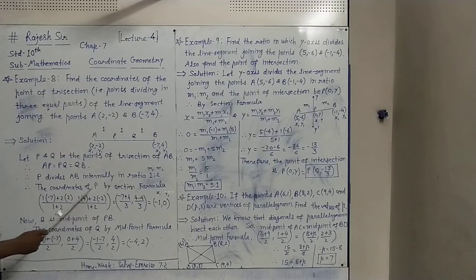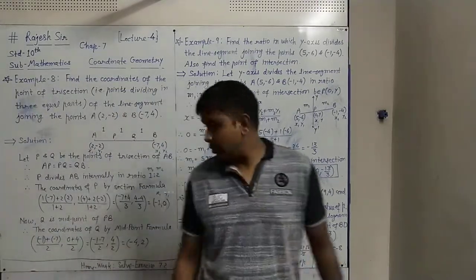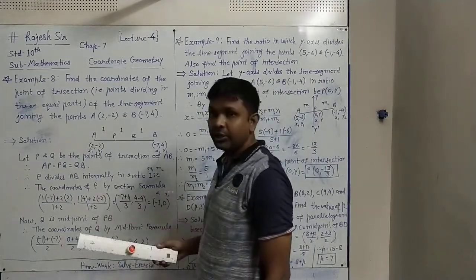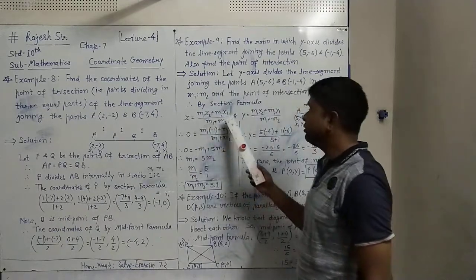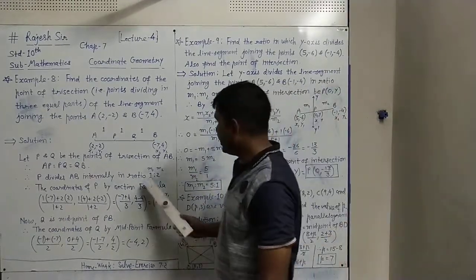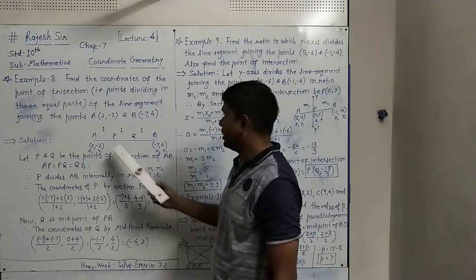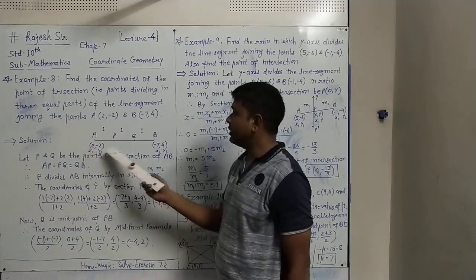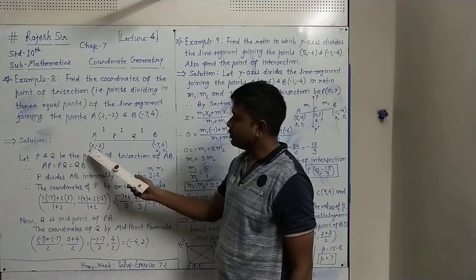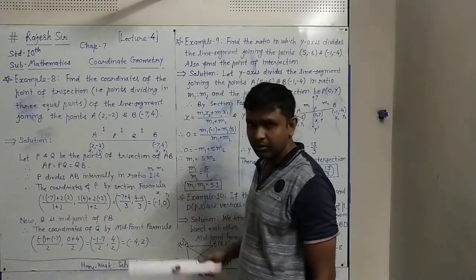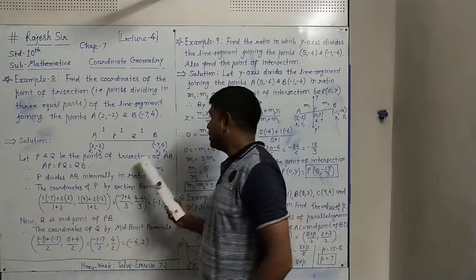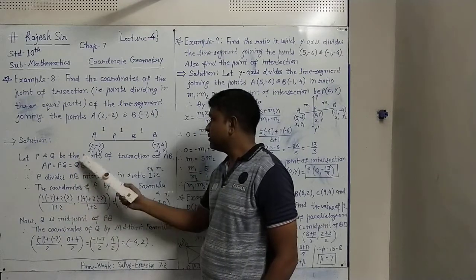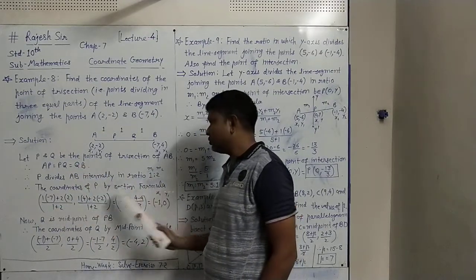So the coordinates of P by the section formula, you know, the section formula is (m1 x2 + m2 x1) upon (m1 + m2). Our m1 is 1 for point P and m2 is 2. I have shown here x1, y1, x2, y2: A is (x1, y1) = (2, -2), B is (x2, y2) = (-7, 4). Place all the values. m1, which is 1, into x2, which is -7, plus m2, which is 2, into x1, which is 2, upon m1 plus m2, that is 1 plus 2.